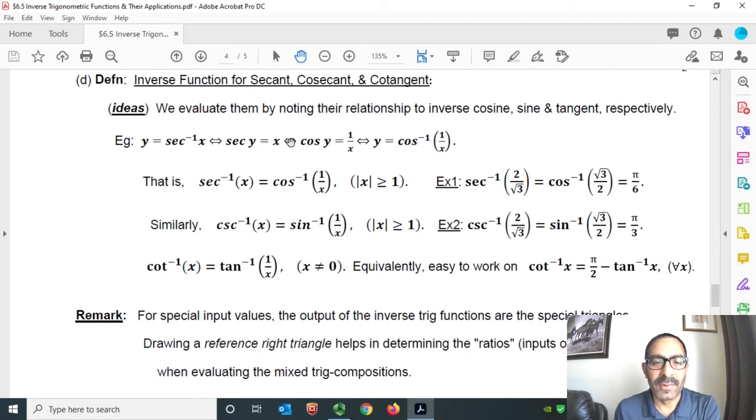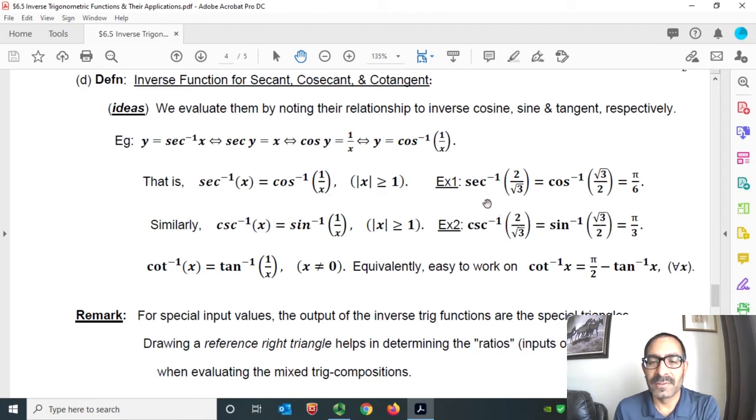Again, let's take its reciprocal. Secant y is 1 over cosine y. Then you flip it, and cosine y equals 1 over x. I hope this idea makes sense to you all. Then y equals cosine inverse of 1 over x. To define the secant inverse x with the help of cosine inverse functions, that is, secant inverse x equals cosine inverse of 1 over x for x greater than or equal to